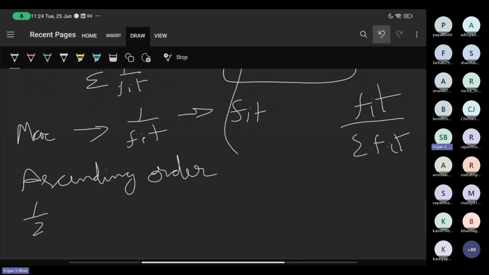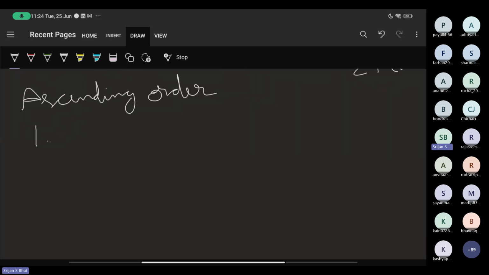So you have 1 to n by 2 here and n by 2 plus 1 to n here. So what you do with this is you again make half of it stationary and half of it moving.